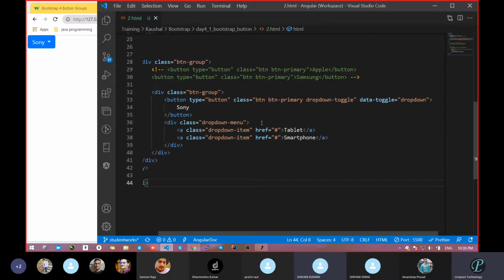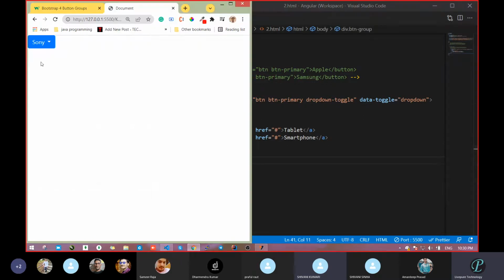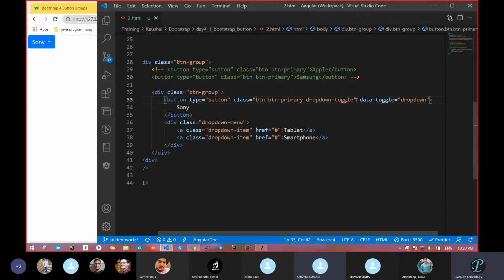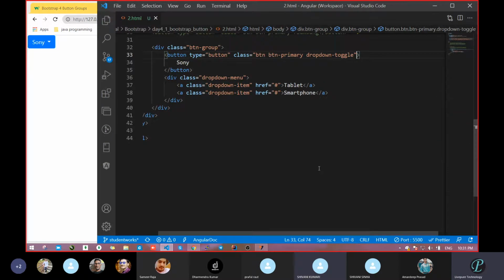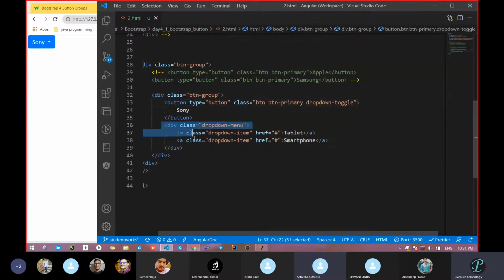Okay. So next is the thing: how does this button understand that this menu has to open? That is the thing. Data-toggle. In Bootstrap, maximum time you will get this one. Data-toggle. Okay, so cut this one. Let's save and let's see whether it's working. I don't know. See, it's not worked. Now we are clicking, but it's not coming. But see, all data is there.